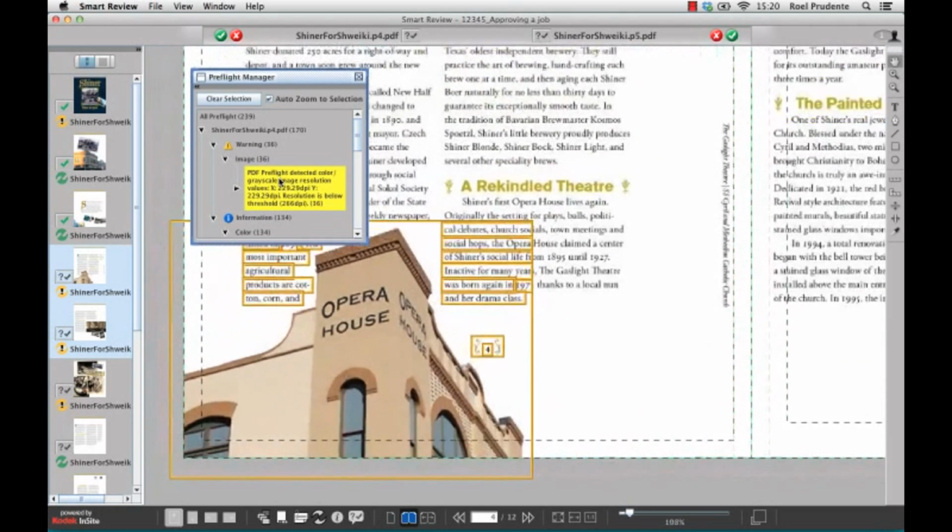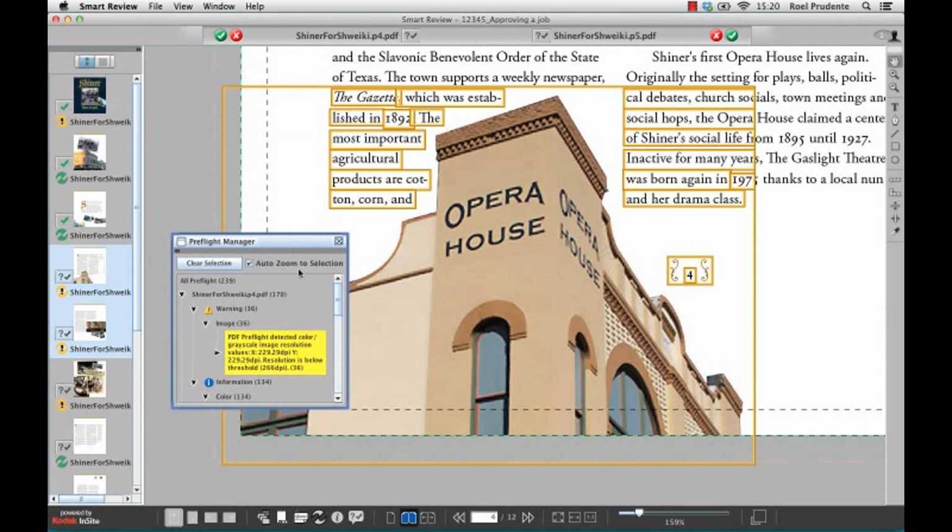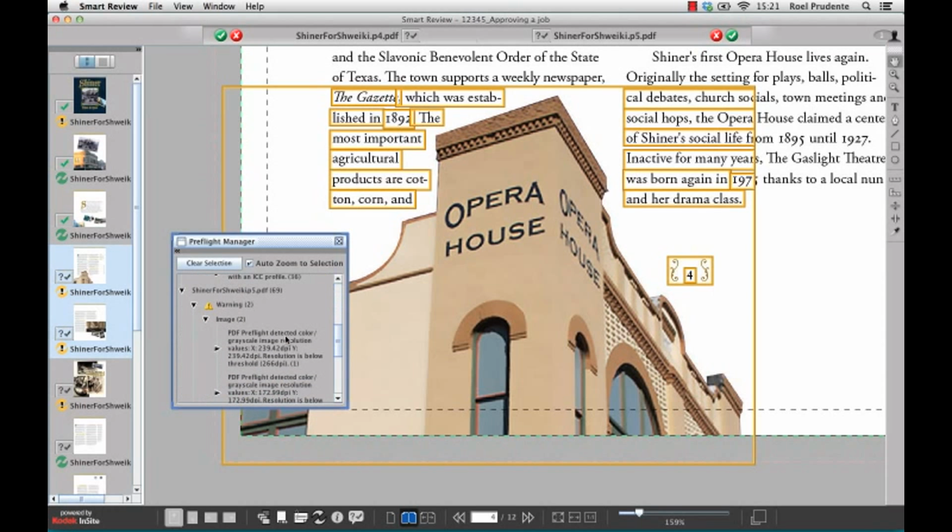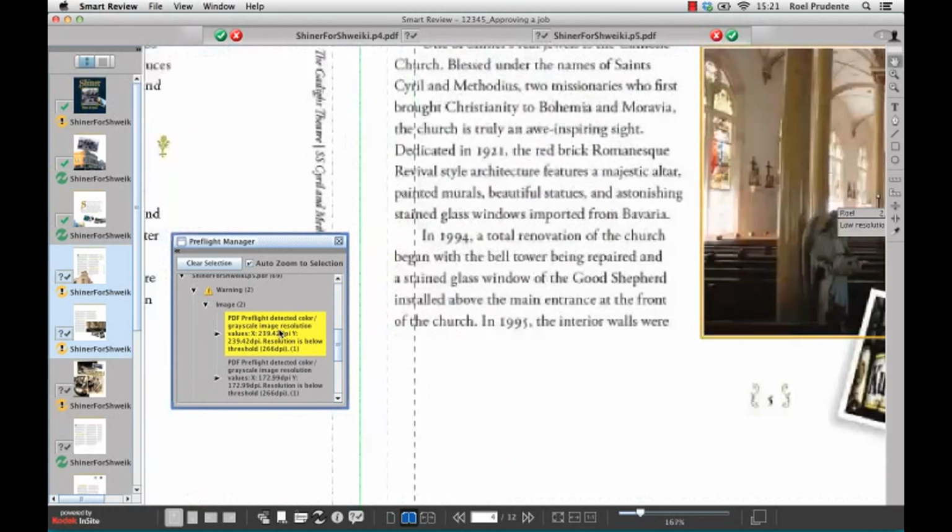So if you were to click on this first one, it shows this area, and it says a lot of information about some low resolution image. But what it's really pointing out is that there was a transparency, some interactivity between a drop shadow or a mask from this image and this text over here. That's really not going to be a big concern. If we go to this next page and click on those,